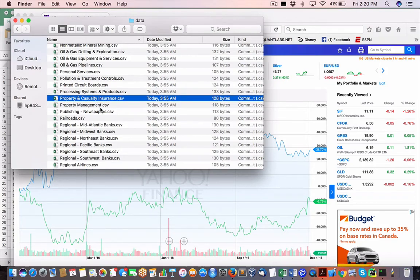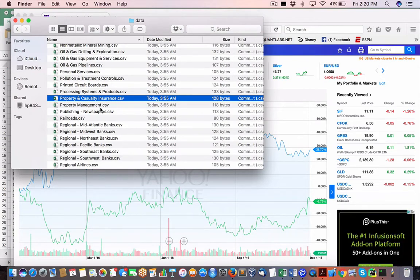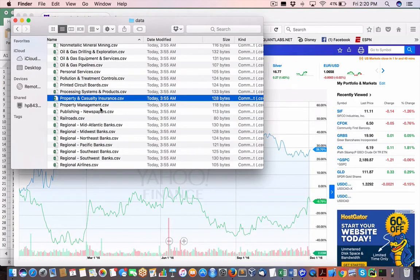Another important factor I'm not filtering out yet, and I may or may not do this, is that when you look at categories or market sectors, you've got to remember that there's always going to be an up market or a down market. And that brings us to the cyclicals versus the defensives. When you have a down market, you can always pick off categories that are really great as a defensive. This one, property casualty insurance, is fantastic. Why do I say that? Because people always need insurance regardless. This is a very boring sector,